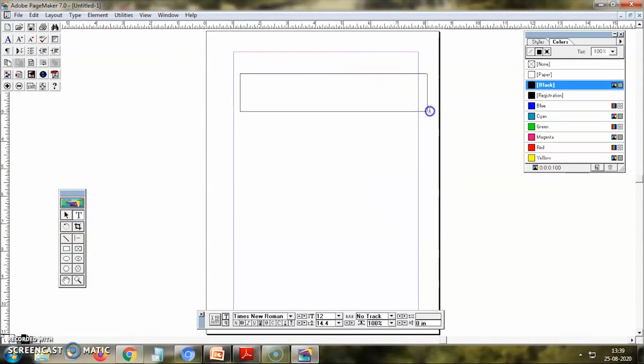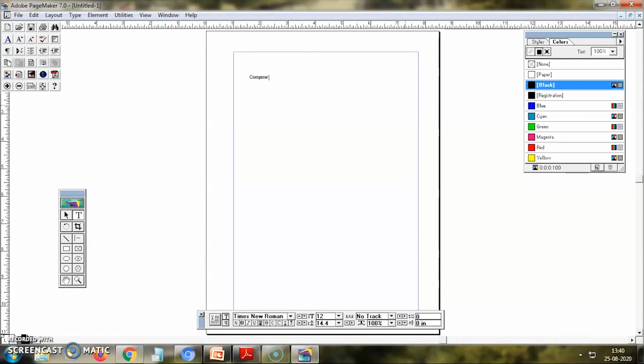Now suppose I am here, this is my text block. Within this I am going to type the text. So for that, first I clicked the text tool, the T shape. This is the text tool. So you must click the text tool. I have clicked the text tool and dragged up to this point to create the text block. The lines will not be visible to you, but as you go on typing, when it reaches the end, the characters will move on to the next line. Okay, see, I am typing now.